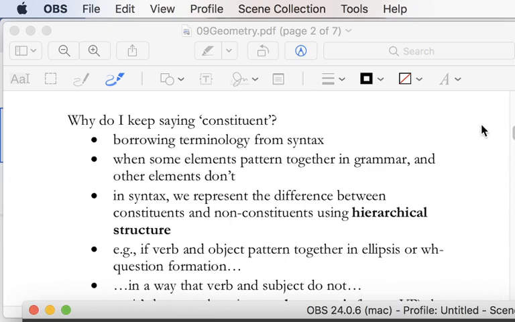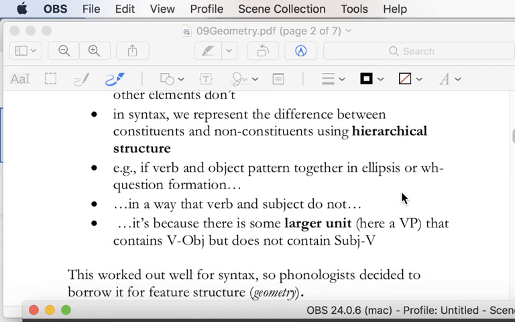Well, constituents refer to situations where some elements pattern together in grammar and other elements don't. Right? So in syntax, we represent the difference between constituents and non-constituents using hierarchical structure. So we say that there are units, like phrasal units, that contain some elements but not others, and that any set of elements that's exclusively contained in a phrase or a unit is a constituent. So for instance, if verbs and objects pattern together in some kind of grammatical phenomenon, maybe it's ellipsis or maybe it's WH question formation, and if verbs and subjects don't pattern together in those phenomena to the exclusion of objects,